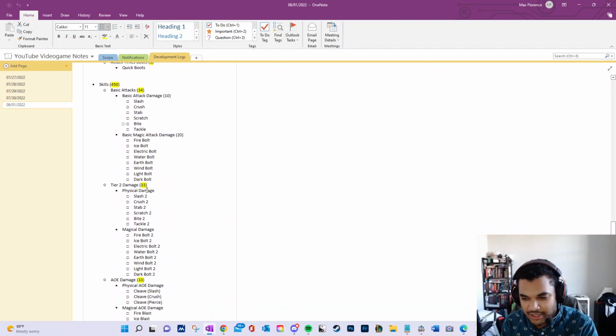With skills, these are your abilities, and you've got your basic attacks for physical damage and your basic attacks for magic damage, and those don't cost any mana. Like struggle in Pokemon, or if you play a game where you just do an auto attack, because I'm going to incorporate a lot of auto attacks